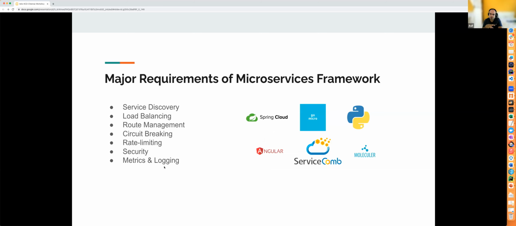So based on all of these requirements for the microservices framework, people or companies or communities started developing SDKs. These SDKs earlier, if you go 5 to 10 years back, were majorly focused on one technology stack each, like say Spring Cloud, Spring Boot, that was more focused on Java applications. If you come to Go Micro, it was more focused on Go applications. If you go to Angular Mesh and Aspen Mesh and all, it was focused only on Angular applications.